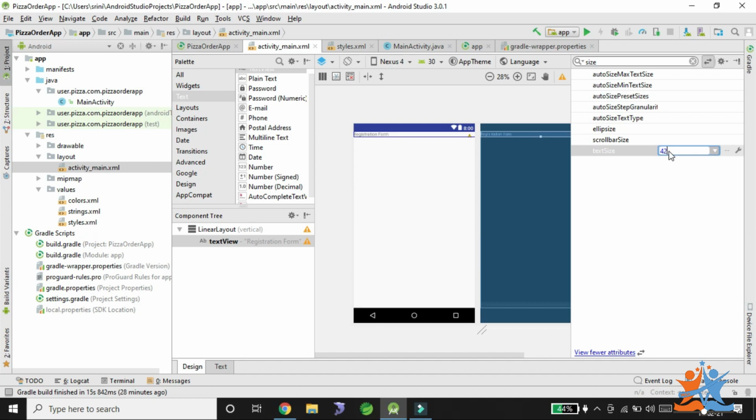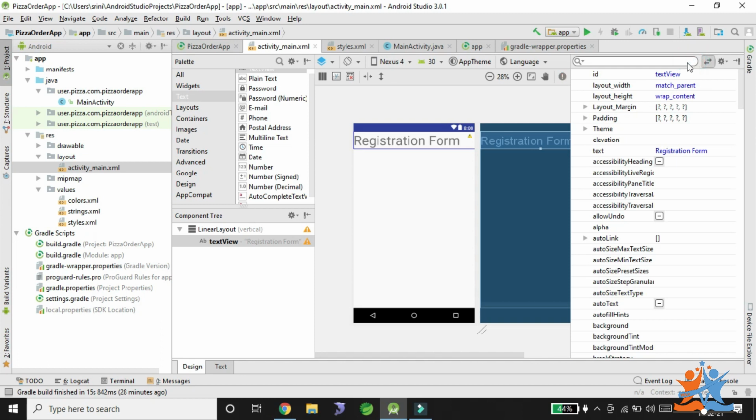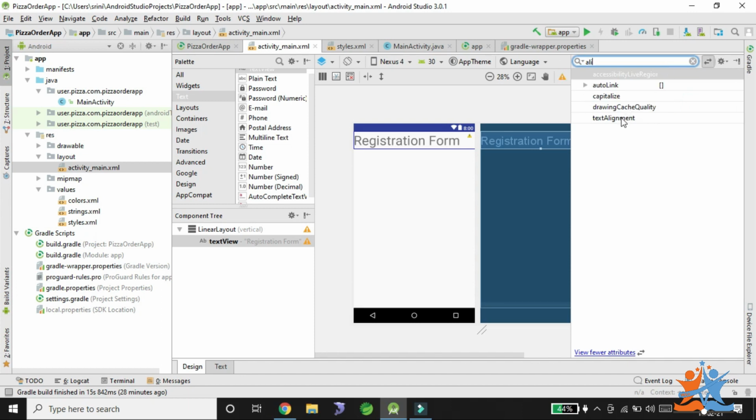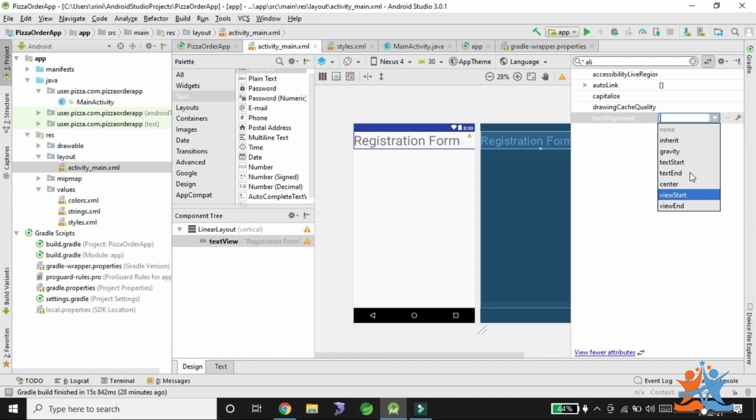We need to convert it into 32 sp. So we get it in a registration form. The registration form, being a text view, must be in the center. We have text alignment, and in the text alignment we have a number of options. In that we need to select center. So it will be in the center.